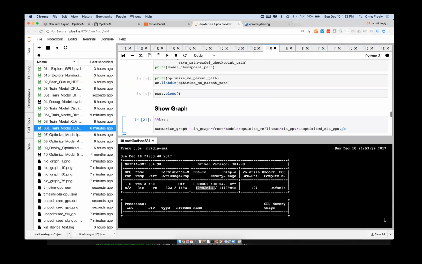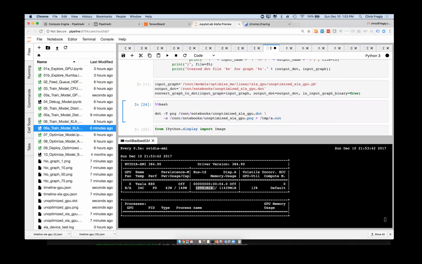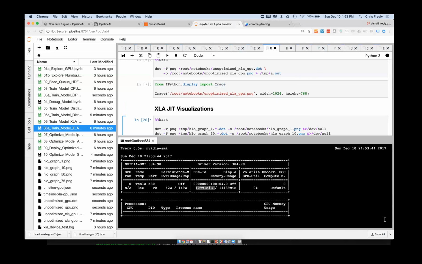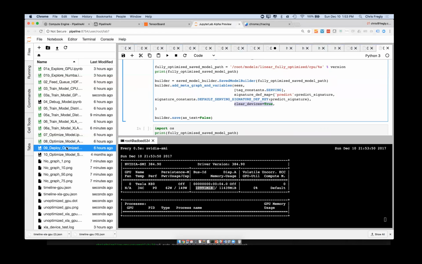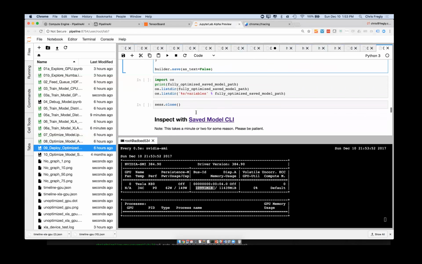There's not a very easy way to do a run all within JupyterLab. I don't know why. Yeah, so we saw it blip a little bit there. And then deploying, I don't know if I have this all set up, but when you deploy it,